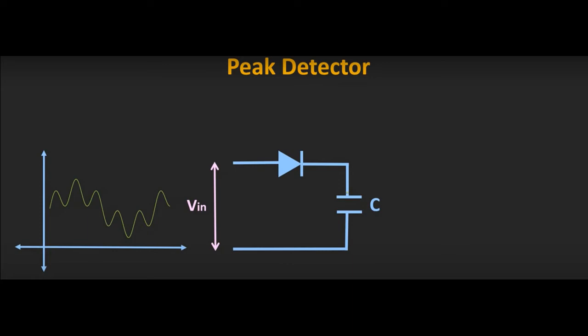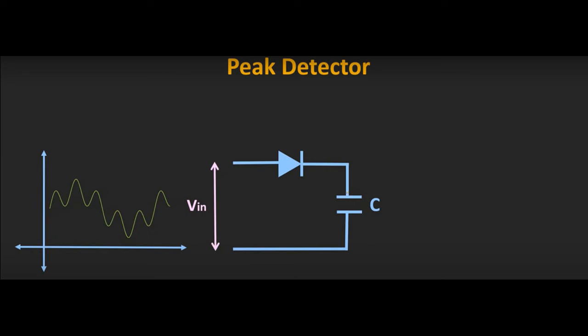On your left side you can see a graph with this waveform, and on the right side there is a circuit with the diode and capacitor. If you remove the resistors from the circuit that was given to us, this circuit will become like this. What will it detect? It will detect the peak of the signal given as V in. There are many peaks in the graph on your left, so what will this capacitor detect? The highest peak, which is the second one. So that peak will be decided by this.